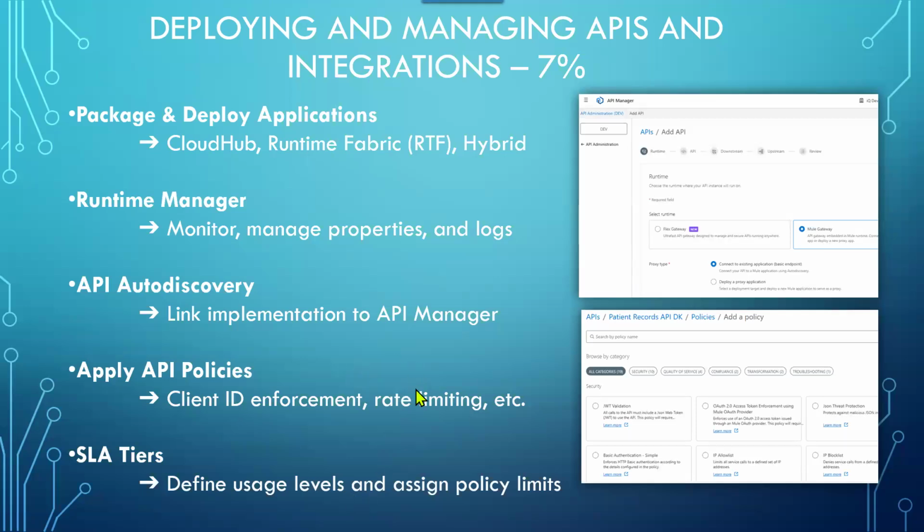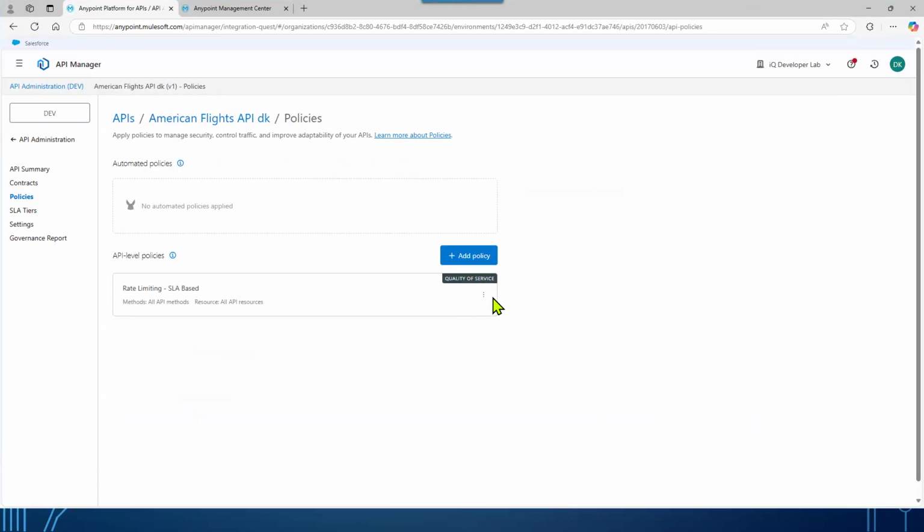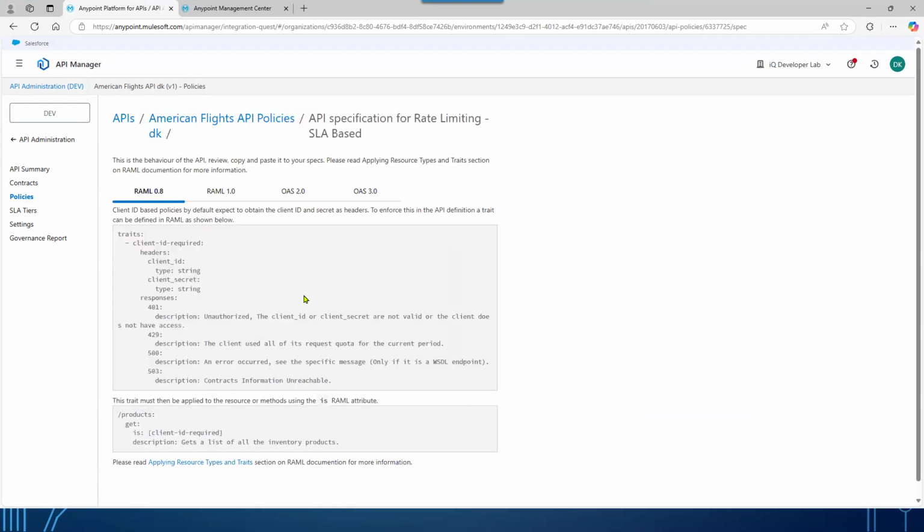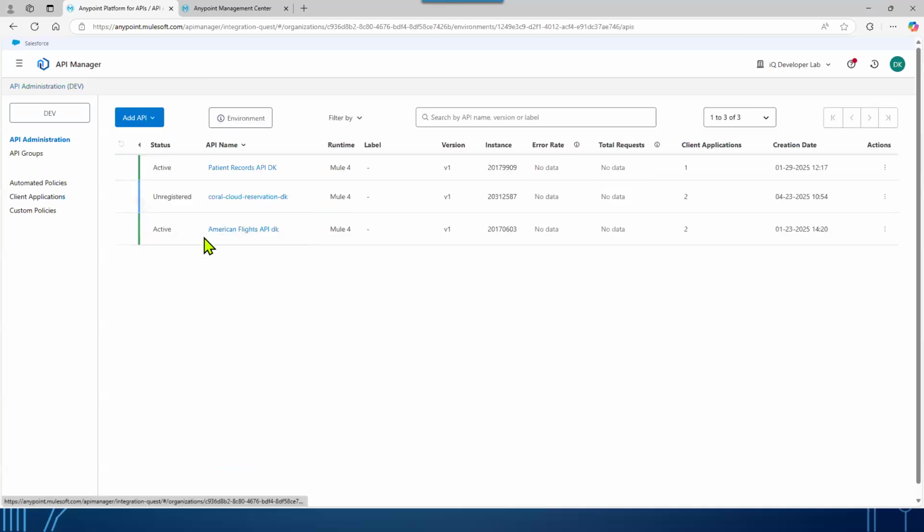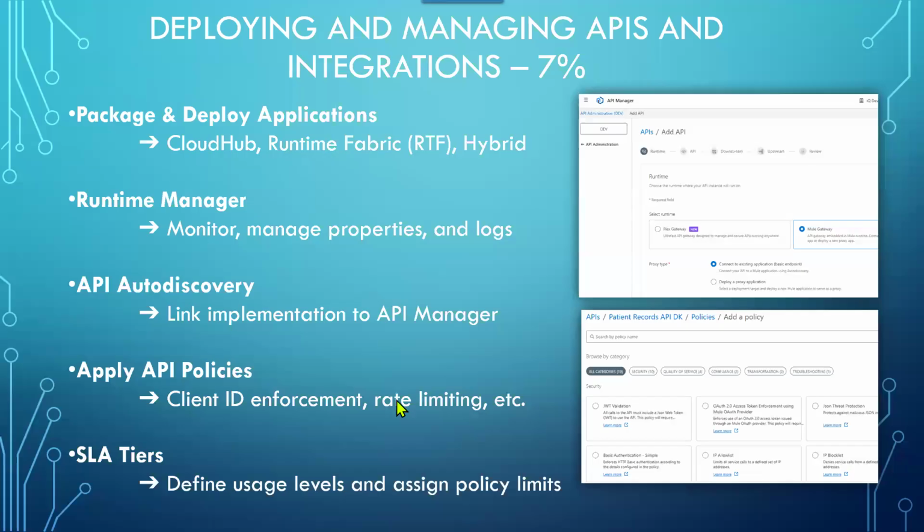And with the policies, depending on what the policy is that you chose, you're going to have different configurations. Some of them will have that snippet code that we used and added to our design API specification snippet. Okay, so this one has a snippet. The OAuth has a snippet. There's a few of them that have snippets that you add to the specification code. Okay, and you saw that we added that. And that's kind of it with